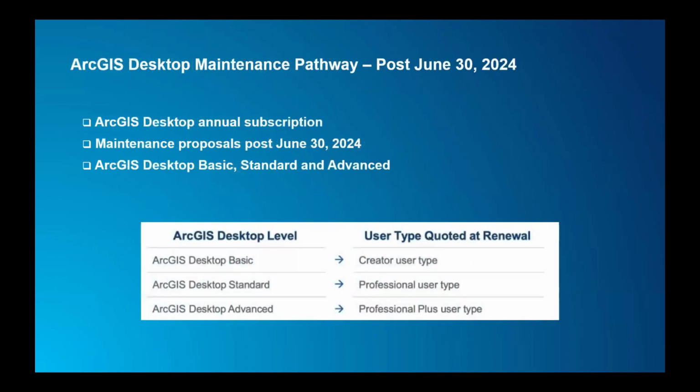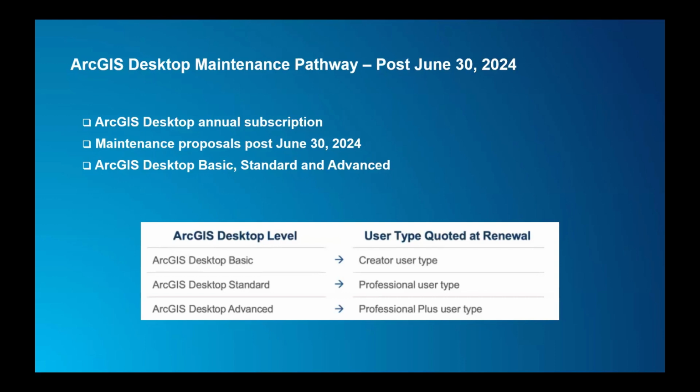Let's discuss the migration pathway, and the simplest one that I want to discuss is really those of you who are ArcGIS Desktop customers who are already using the subscription. So there is the ArcGIS Desktop term and the ArcGIS perpetual licenses. I will touch on what the migration would look like for the perpetual licenses momentarily, but I want to deal with the easiest and lowest end of the migration process, and this is because this one is a term